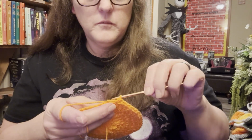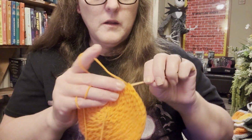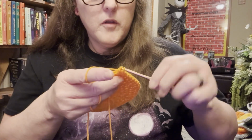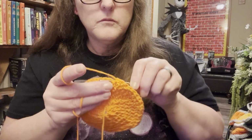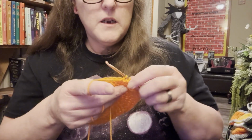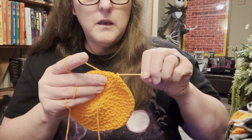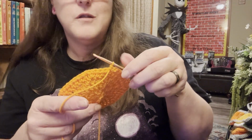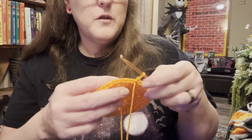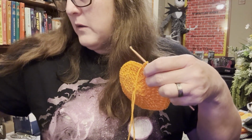So that's 1, 2, 3, and I'm going to slip stitch into the next 2, again working in the back loop and that back bump. Okay, and then here I'm gonna see if I can do an invisible join, even though I'm not really joining it. So I'm gonna cut my working yarn,